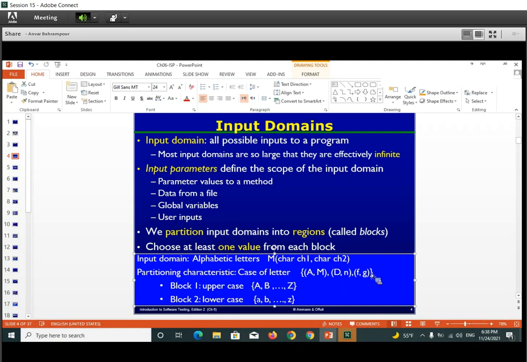So several possible combinations by this partitioning could be this set of test cases. For example, one is small t with capital. This is not all possible combinations,